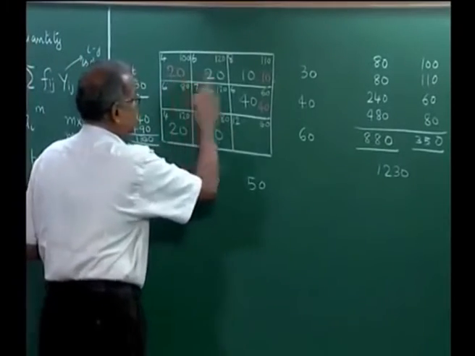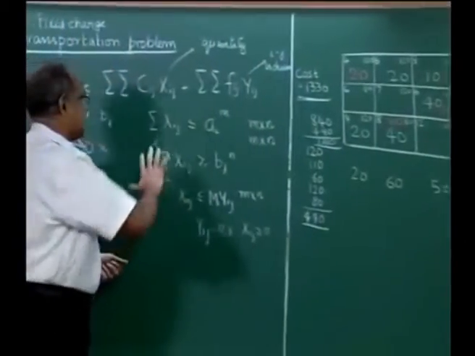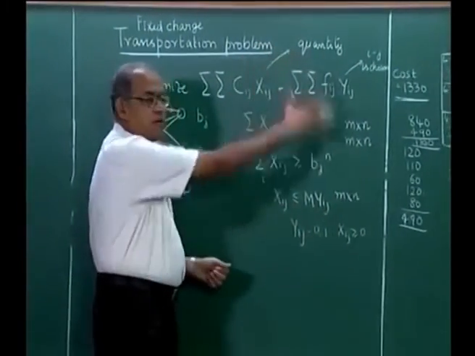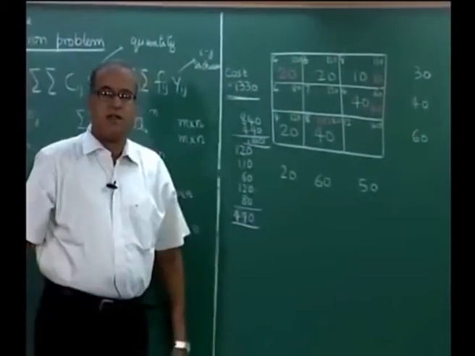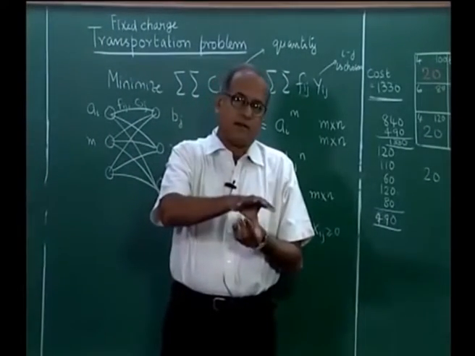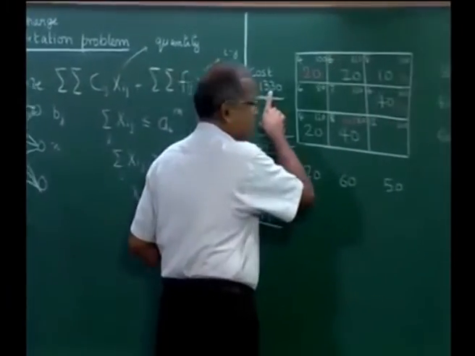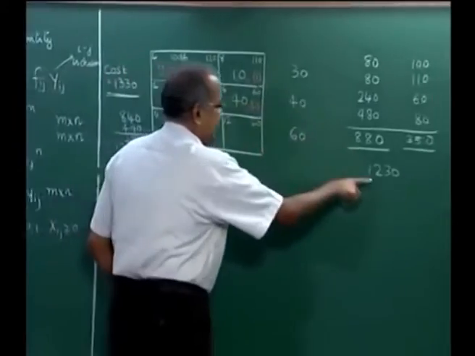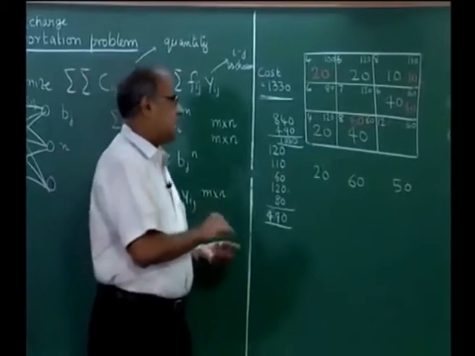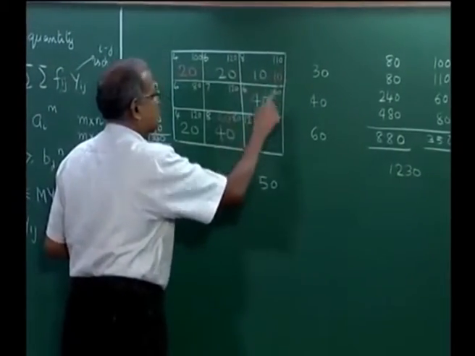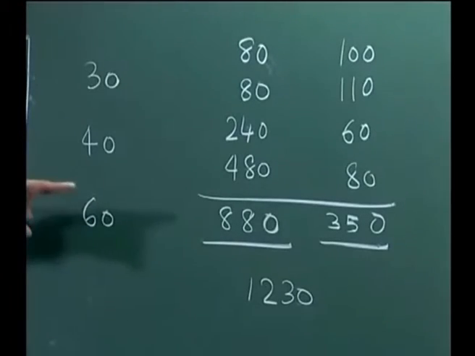Now, the solution that is shown here is the optimum solution to the fixed charge transportation problem by solving this formulation. Now, we compare this solution to the other solution where we evaluated the total cost by considering the fixed cost. 1330 was the cost there, while the cost is 1230 here, so there is a saving of 100. We also realize that there are only 4 variables in the solution here. This cost has marginally gone up, but this cost has come down.